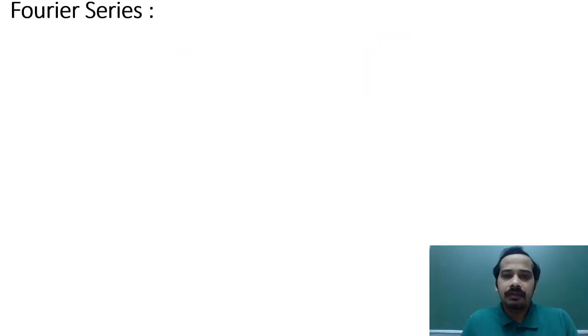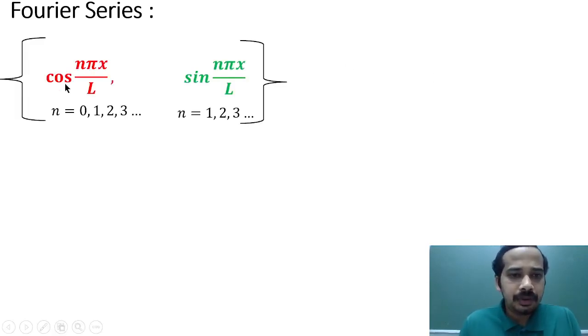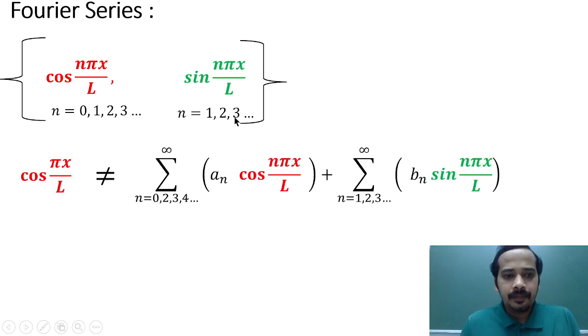The similar thing happens in other mathematical concepts also. For example, the Fourier series. It is not only in the case of arrow vectors. In the case of the Fourier series, we have some basic functions. We can call these the basis here: cos n pi x by l and sin n pi x by l, where in the case of cos n pi x by l, n starts with 0, 1, 2, 3, and so on. In the case of sin n pi x by l, n starts with 1, 2, 3, and so on. These are a set of functions.